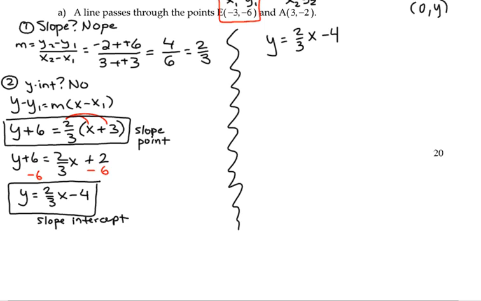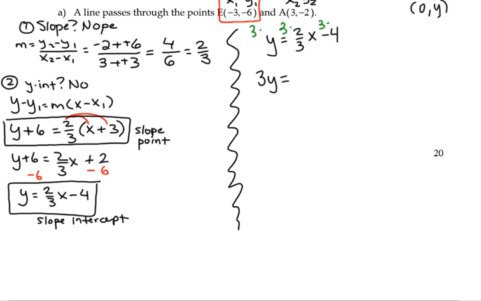Times everybody by 3. So times by 3, times by 3, times by 3, because we need to get rid of our fractions. Can't have fractions in general form. That's why. And our denominator is 3, and that's why we chose 3. 3 times y, 3y